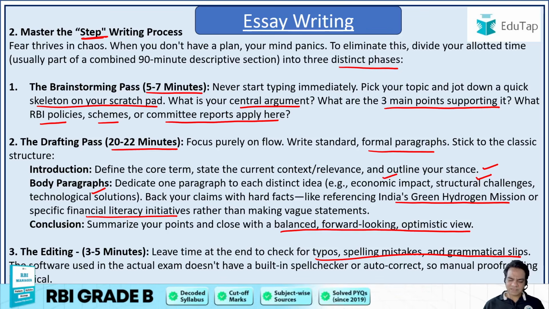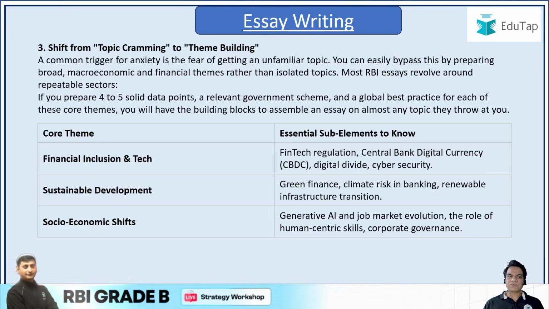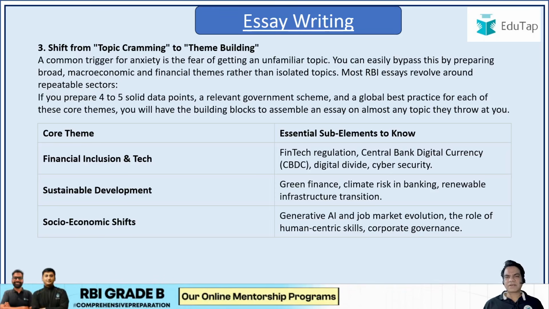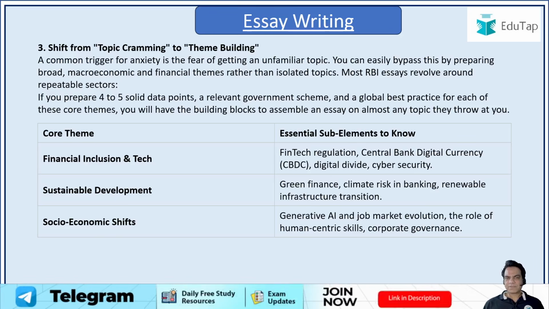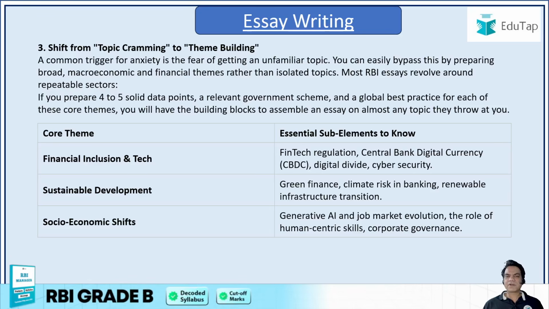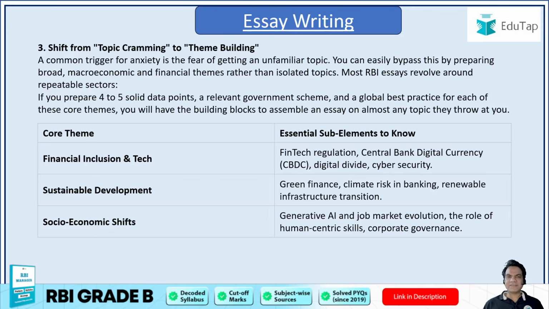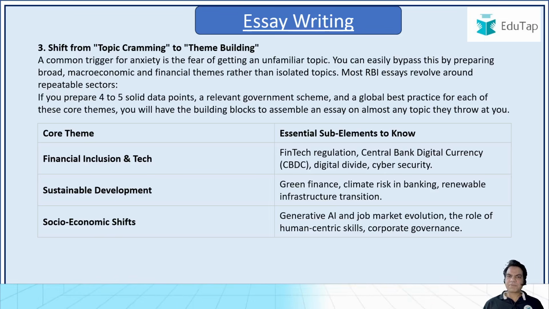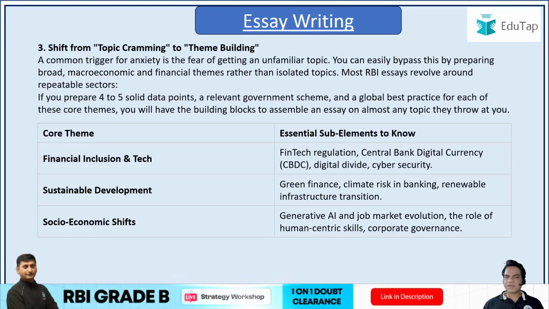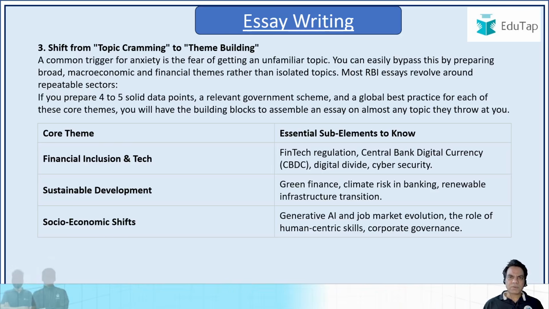Okay, so these are the 3 steps that you have to master in your essay writing. Got it? Then, how to shift from topic cramming to theme building. Another question is, sir, how many topics can we cover like this, or how many topics do we need to cover? Guys, you can't cover countless topics that are potentially important for this year. You can't cover each and every topic. So how do you prepare for all the topics organically? You prepare for themes, verticals, rather than topics. If you prepare for a vertical, you'll be able to write on any topic that falls under it because you know about the vertical itself.